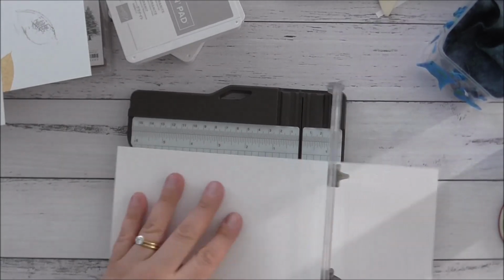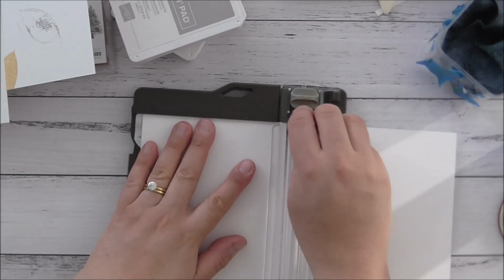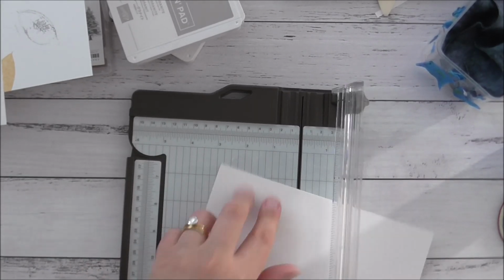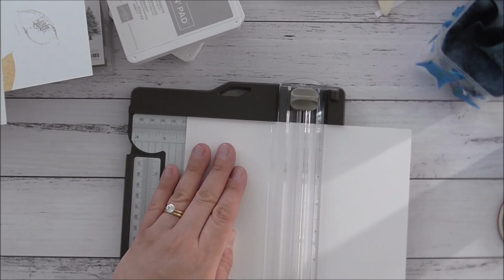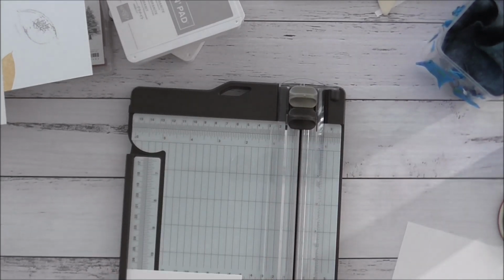Okay, so I just cleared that up. I'm just going to cut some more cardstock now. Can't believe these things happen. But in saying that too, that is the older style cling, which would come off anyway, no matter what you did. All right, so